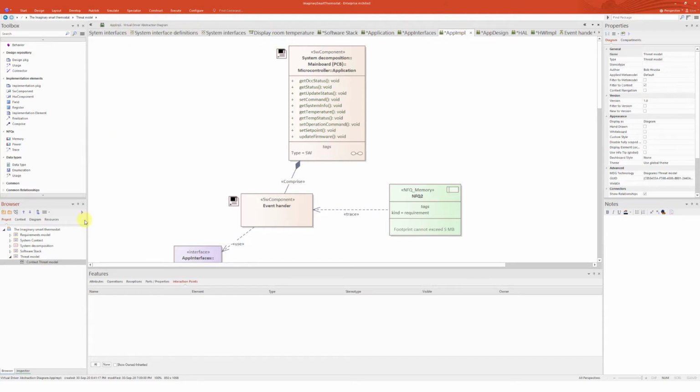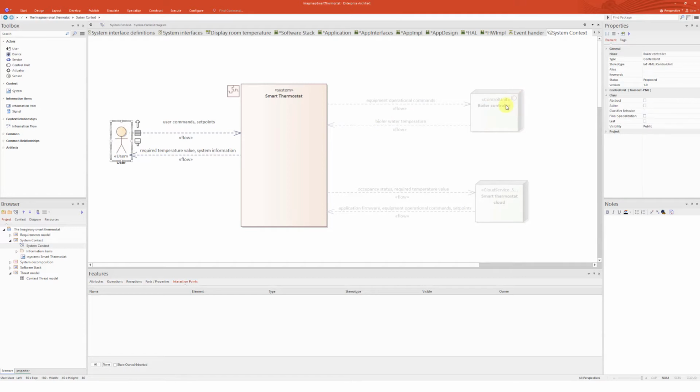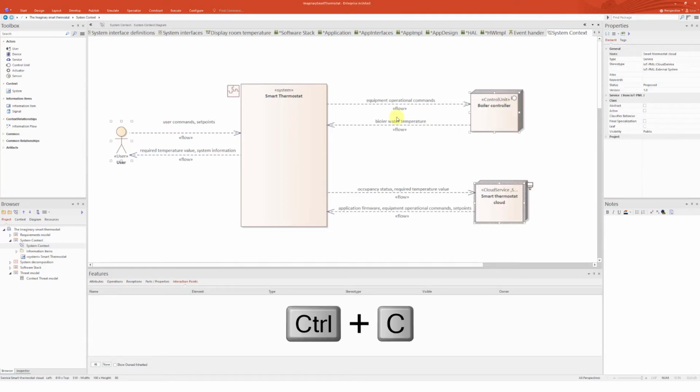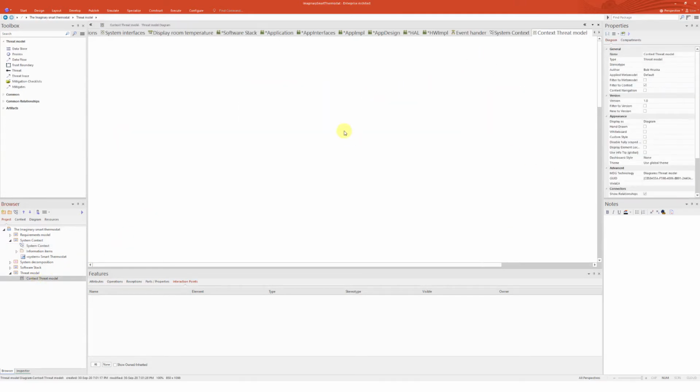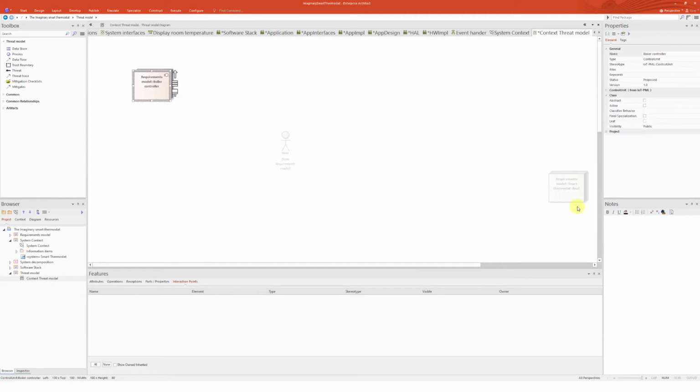The context threat model, as the name suggests, is the highest level you can do. In this case, I'm going to reuse these elements we already have to start with. So we have these external entities defined,